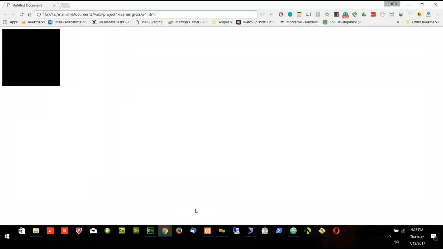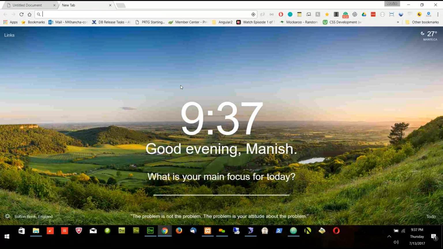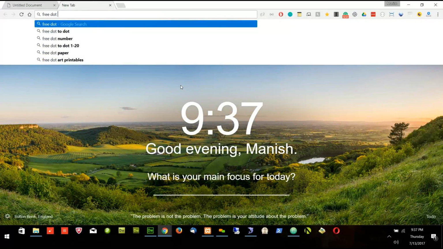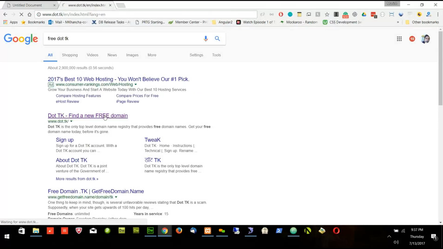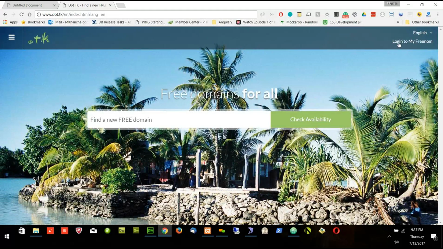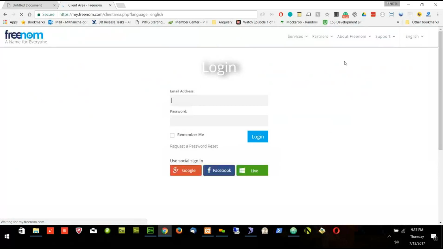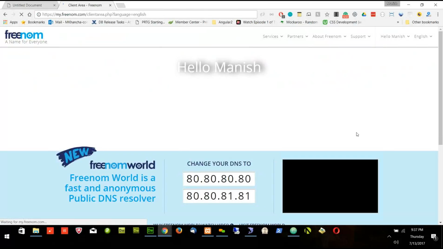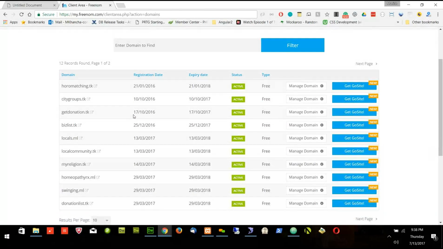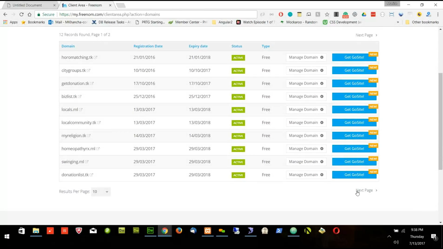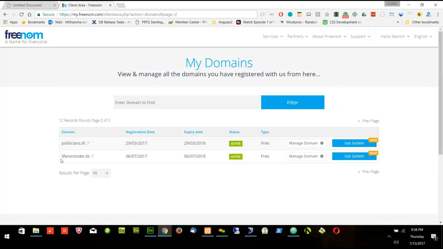Now we'll go to the domain first. I told you free.k domain is available. You can buy from there. Since I already bought it, I can log into this account. And I'll go to my domains. So I already bought life reminder,